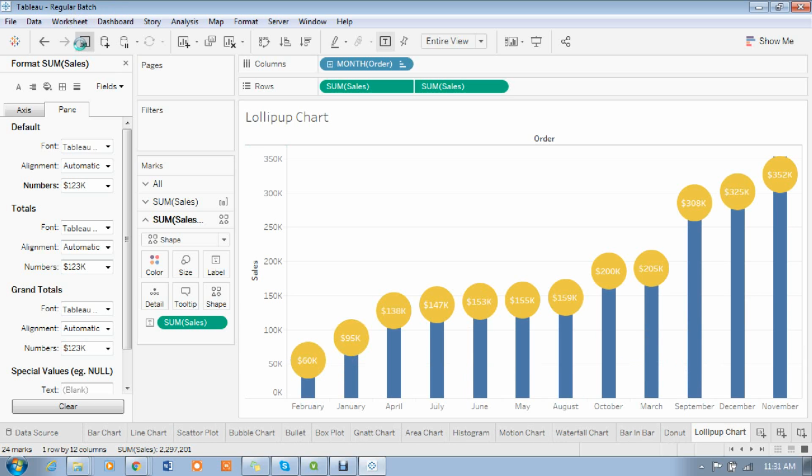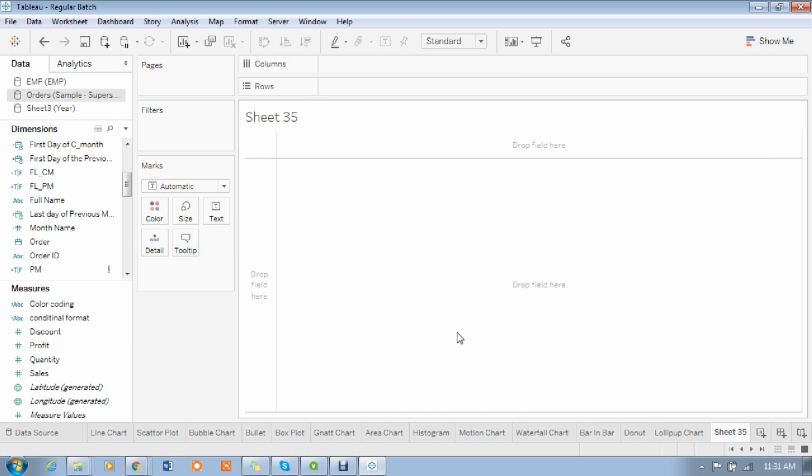Okay, this is the one graph, madam. And now we can create the shadow graphs also. Shadow means, madam, you can see the bar graph this way, and the shadow will be at the bottom, madam. We can create that graph also. For that also we need what is it? Shape. Yes, madam, lollipop and all.